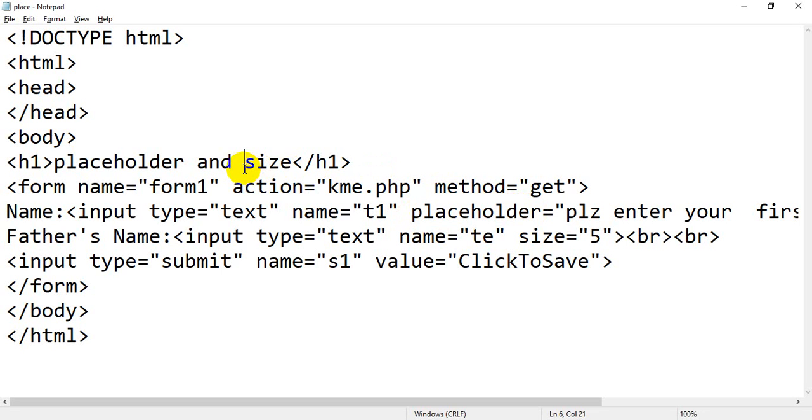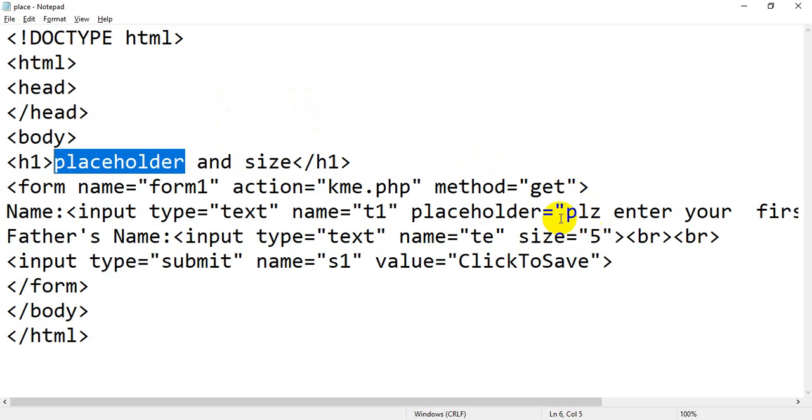The width of a text box can be increased or decreased by using the size attribute. Then we have seen what a placeholder is. Placeholder is again an attribute of the input tag which is used to provide help or a hint to the person who is going to fill a form, about which type of value to fill in that particular field.